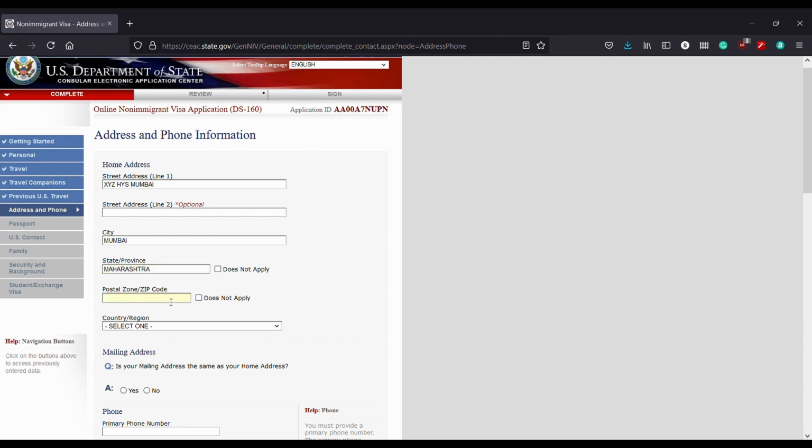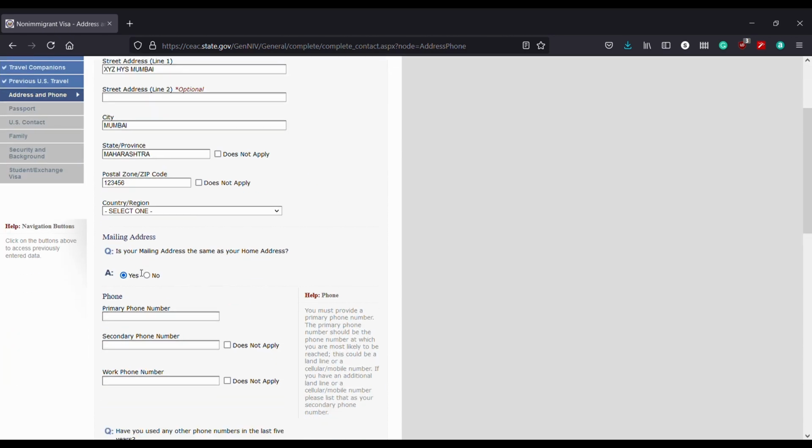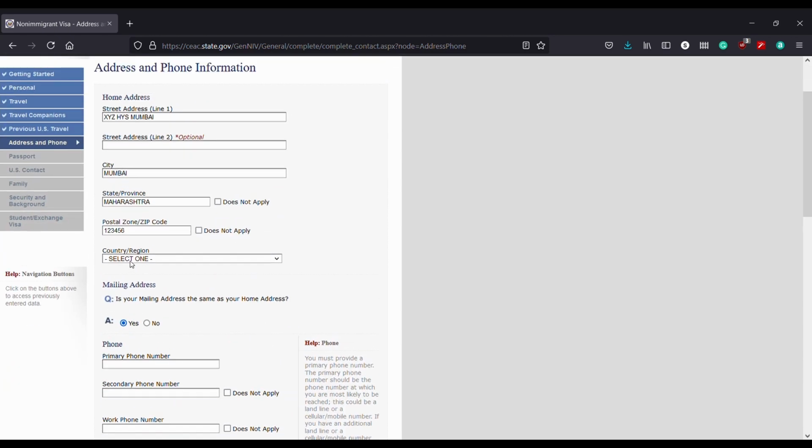You fill the state, then zip code, random zip code, country. Oh, I forgot to add the country.